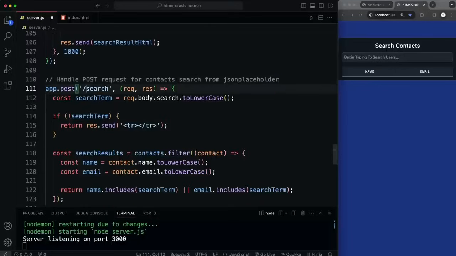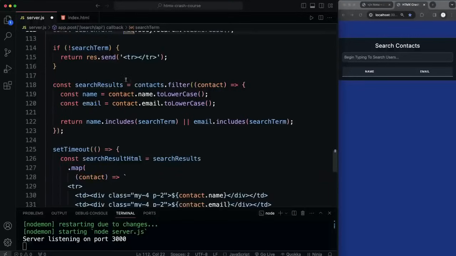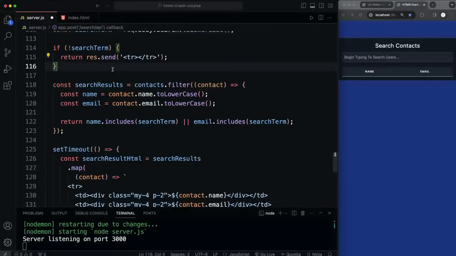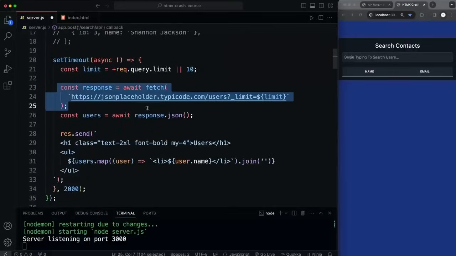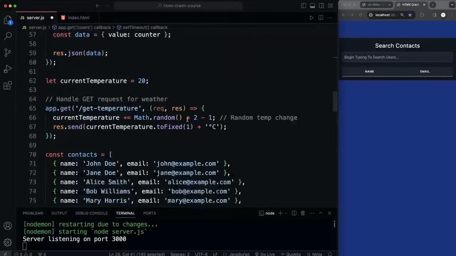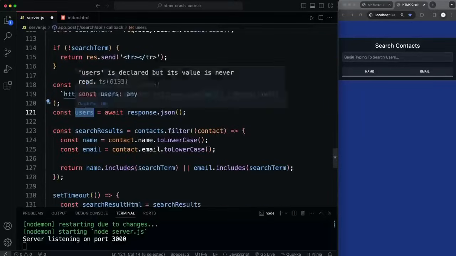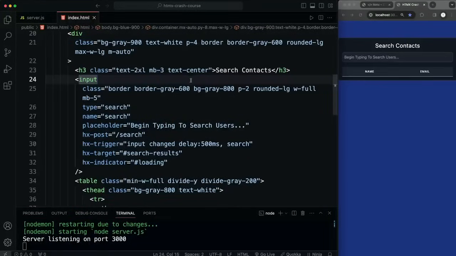So I'm going to change the route here to search/API. Now we want the search term, right? And then we want to check to see if there's no search term. And then above where we're getting the results and filtering them, we want to make the request. And we could actually just copy what we did up here. So just get the response, get the users. So now just put that here, except I'm going to change users. We'll call it contacts because that's what we called it down here. All right, so let's save that, and then let's go into our front end, and instead of /search, it's going